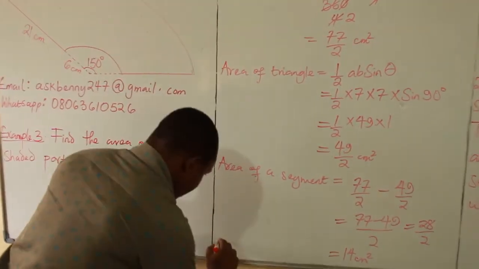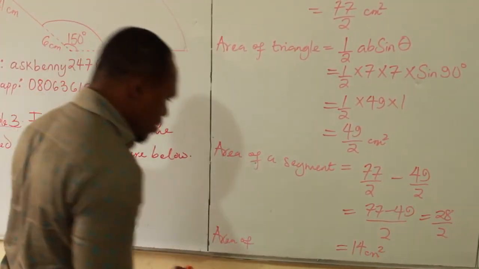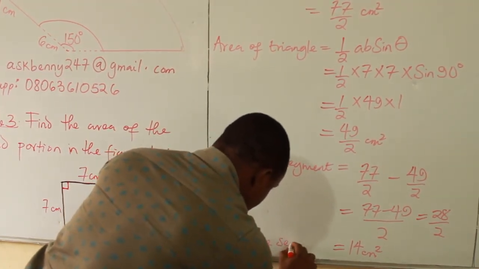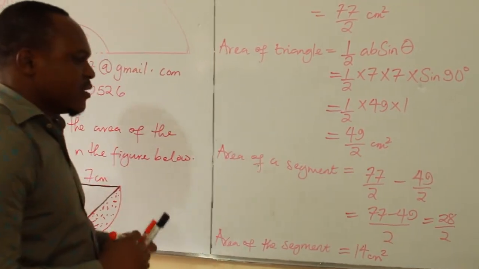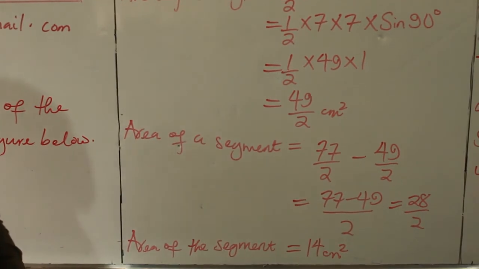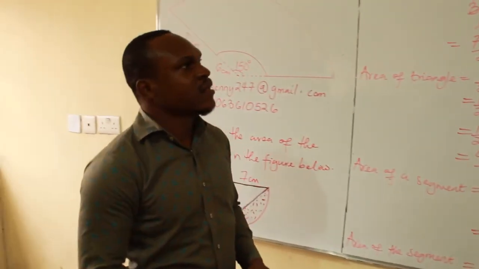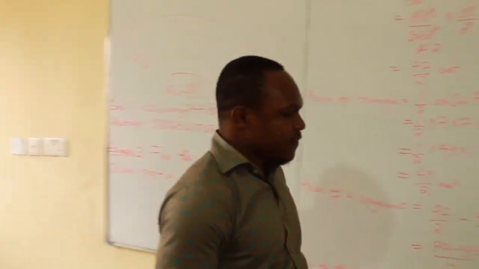So the area of the shaded portion, which is our segment, is 14 centimeter squared. I hope you've been able to enjoy this class, and we'll move on to your assignments now. The first one: